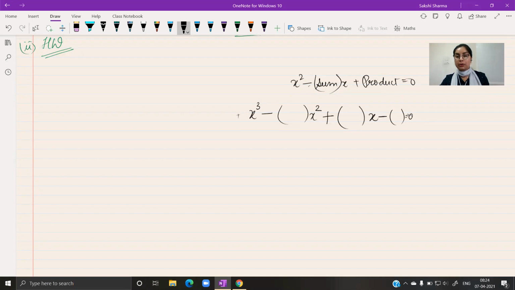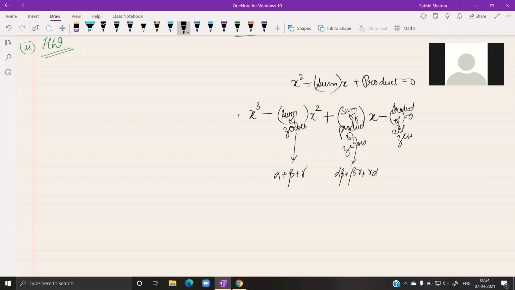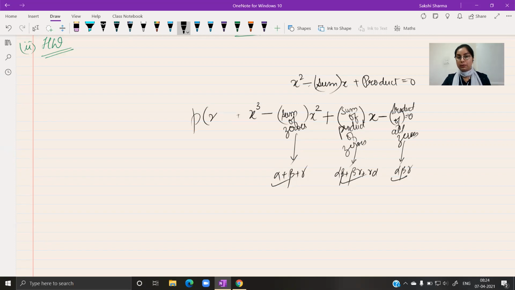And these values in the brackets, sum of zeros, जो हमारा पहला relation है. Second one, sum of the product of zeros. This is actually the value for alpha plus beta plus gamma. This value is for alpha beta plus beta gamma plus gamma alpha. The third one is the product of all three. This is alpha, beta, gamma. So if you have the values for these three, just use these in this expression here and you will be able to get your cubic polynomial.